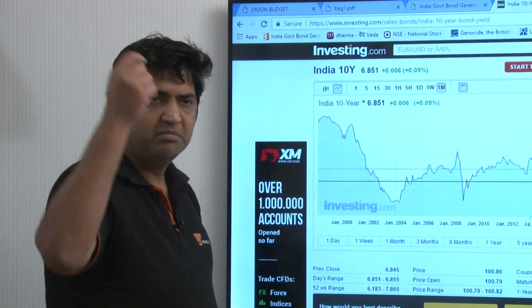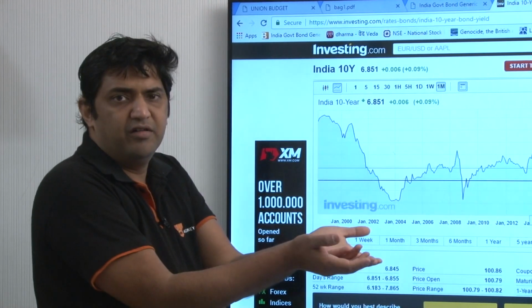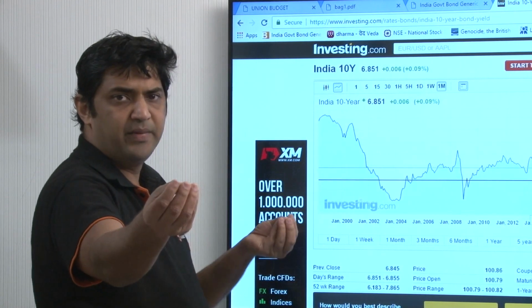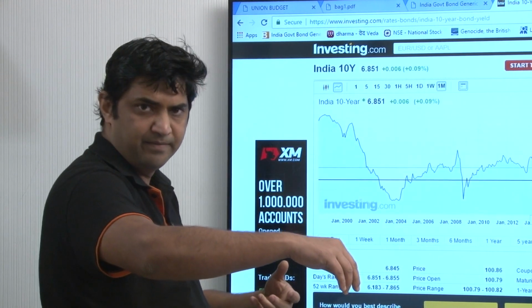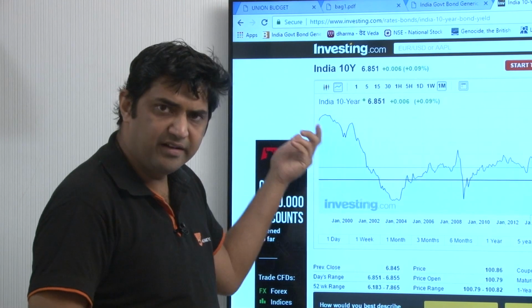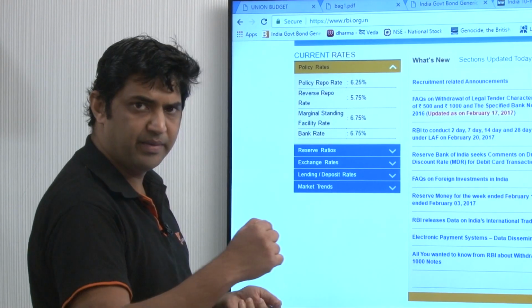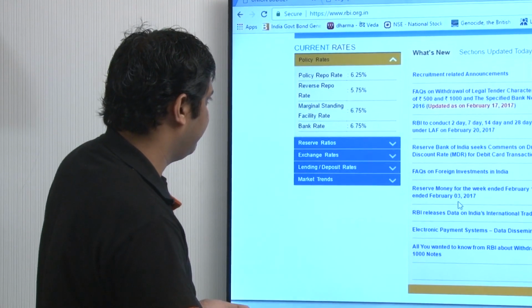So that means whether you lend for an extremely short term or whether you lend for a 10-year period, you are going to get the same return. And therefore, when the yields are like this, it is known as a flat yield curve. So whether it is for a short term period or a long term period,